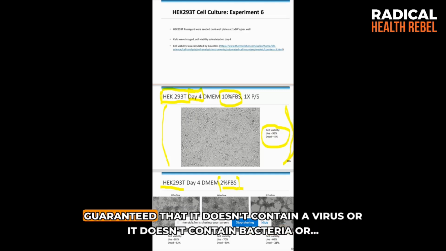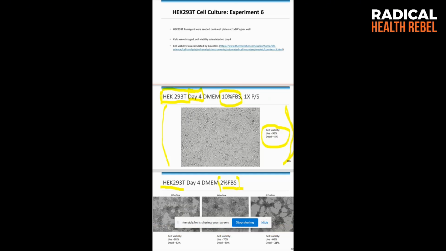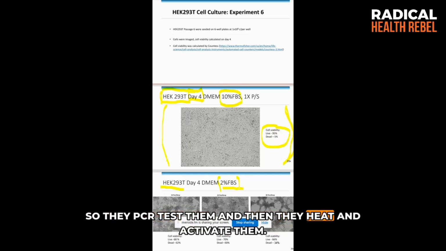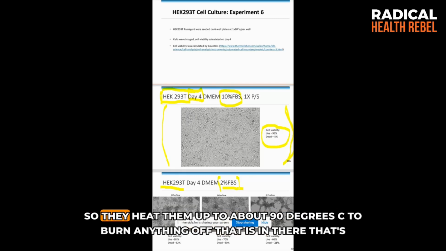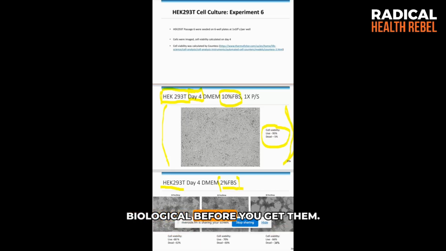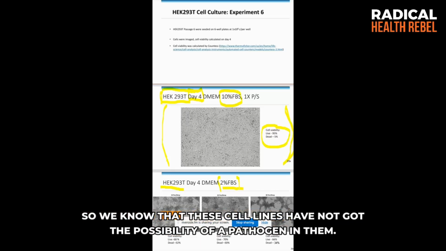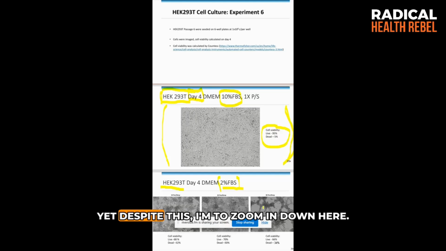sealed up and guaranteed that it doesn't contain a virus or it doesn't contain bacteria, or so they PCR test them and then they heat inactivate them. So they heat them up to about 90 degrees C to burn anything off that is in there that's biological before you get them. So we know that these cell lines have not got the possibility of a pathogen in them. Yet, despite this,